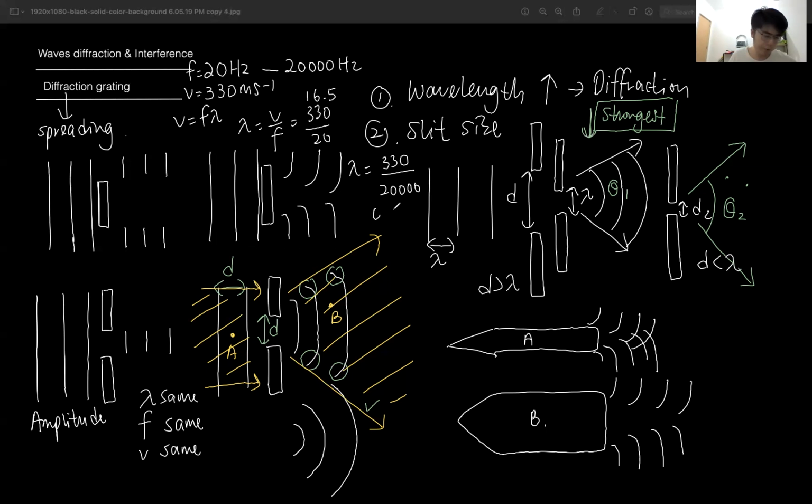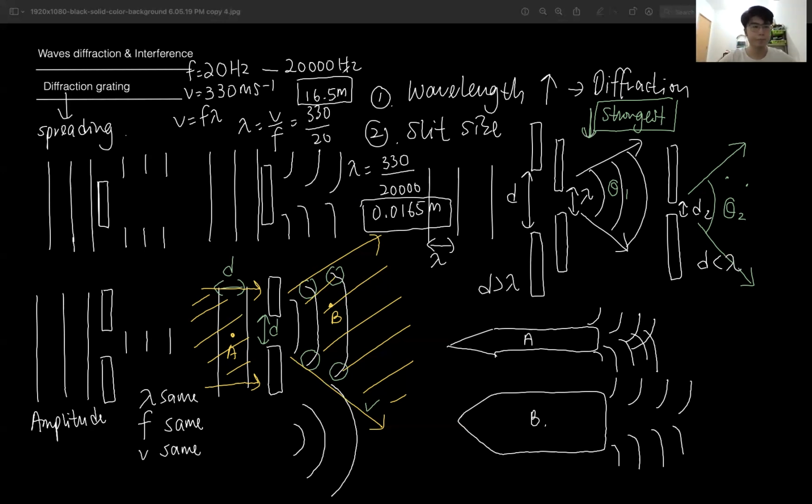0.0165 meter. So in between 0.0165 meter, which is the upper limit, and 16.5 meter, which is the lower limit, that is the range of the wavelength that we can hear. Now, if you see this range of wavelength, 16.5 and 0.0165,